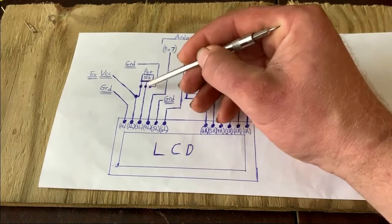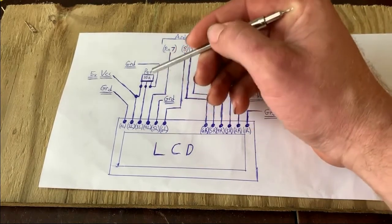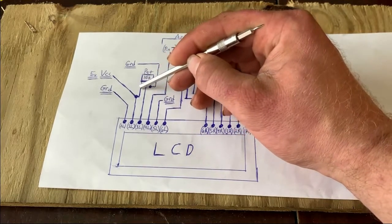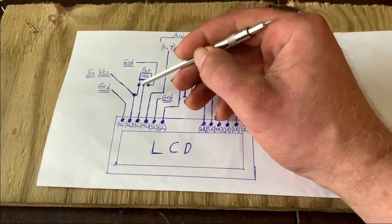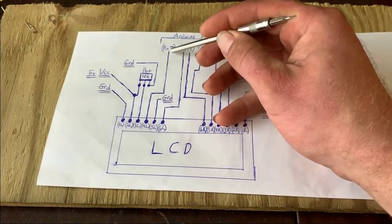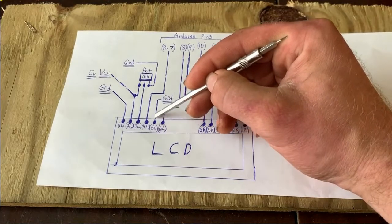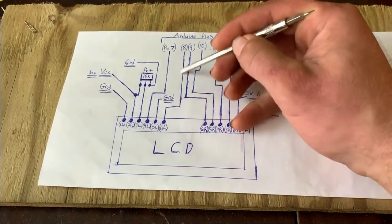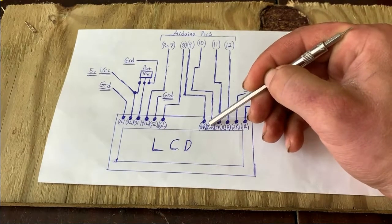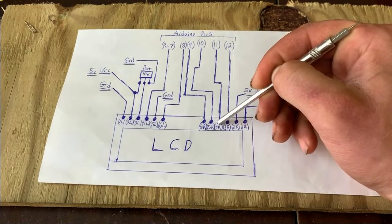And the left side, it doesn't actually matter which side you hook to VCC or ground, but one side has to be hooked to 5 volts, and then the other side goes to ground. And then you adjust the contrast. And then the 4th from left, in our case, will go to pin 7, 5th from left, ground, 6th from left, pin 8, and then 6th from right, pin 9, 5th from right, pin 10, 4th from right, pin 11,